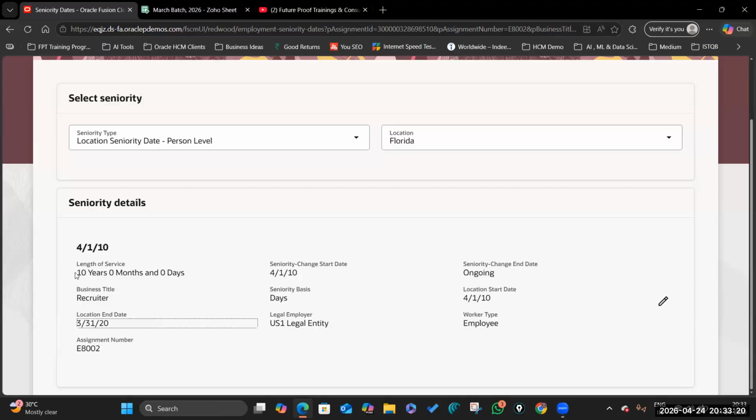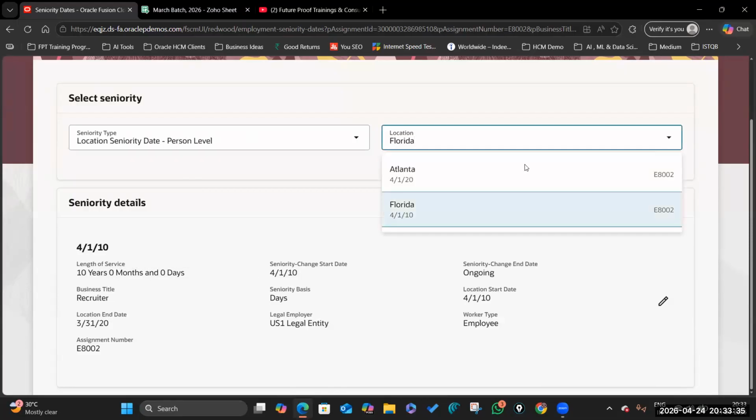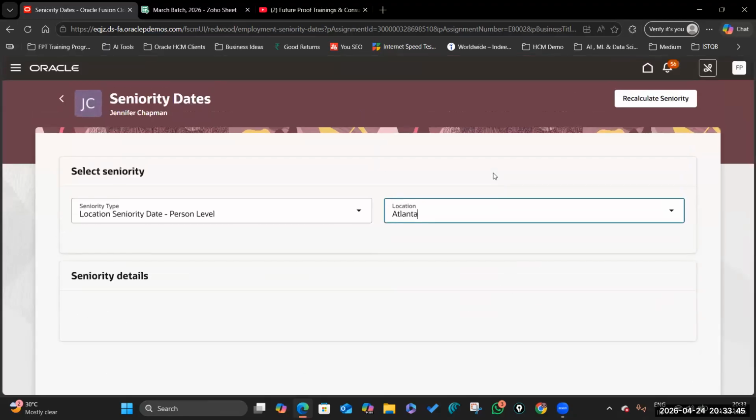So what is the total length of service? 10 years, 0 days. And now at the location level, if we change this to Atlanta, there are 2 locations overall. So in his career, he has worked at 2 locations overall. One is Florida and another one is Atlanta. If we select Atlanta,